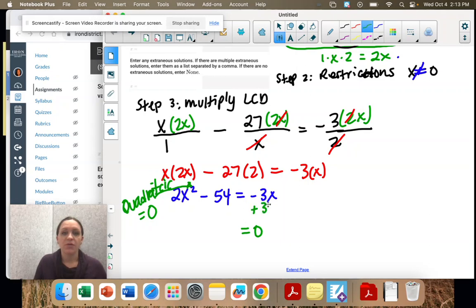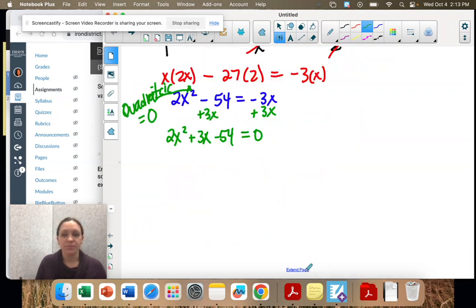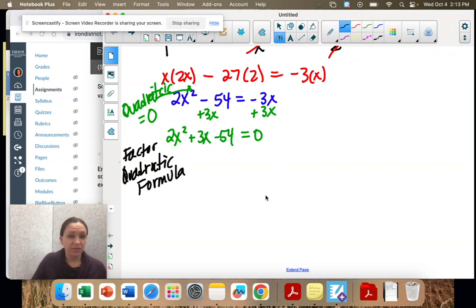So we're going to move the 3x to the other side, and I'm going to write it in order. 2x squared plus 3x minus 54 equals 0. So everything's in descending order. Now I have 2 options. I could factor or use the quadratic formula. Because 54 is kind of a big number, I'm just going to use the quadratic formula, which is negative